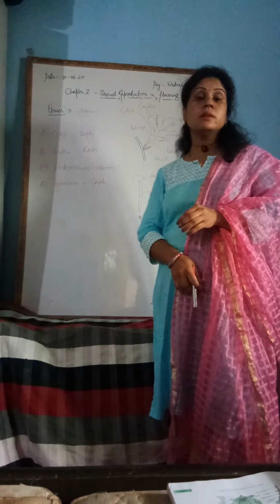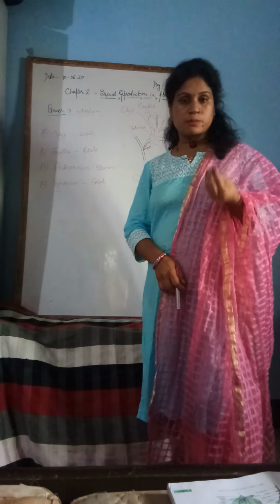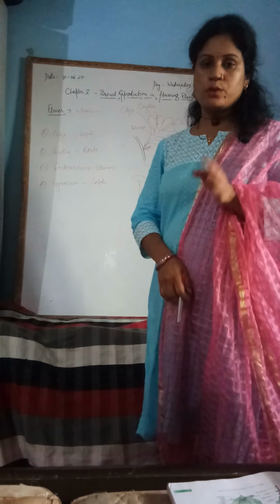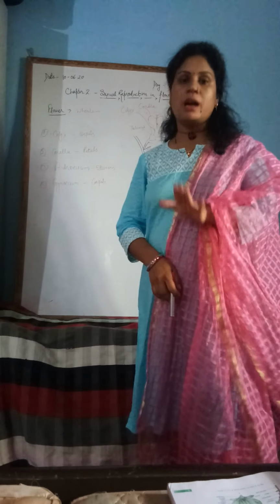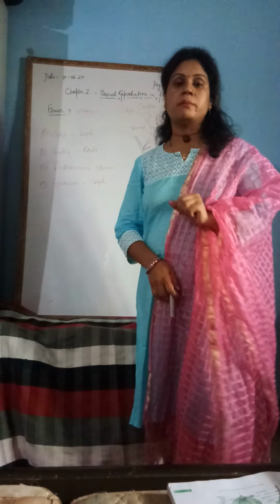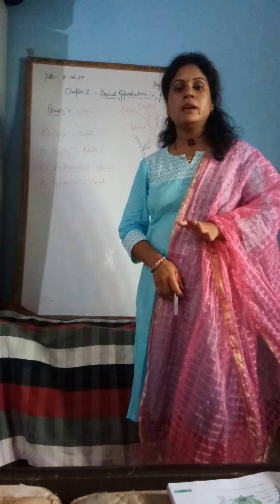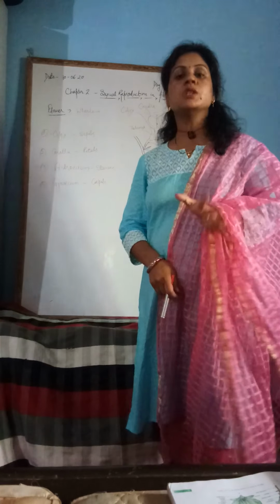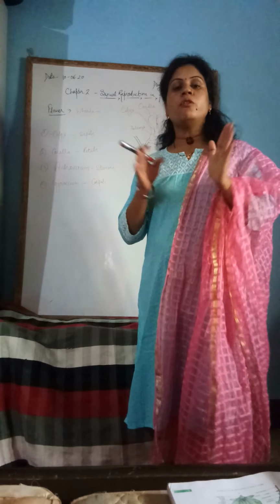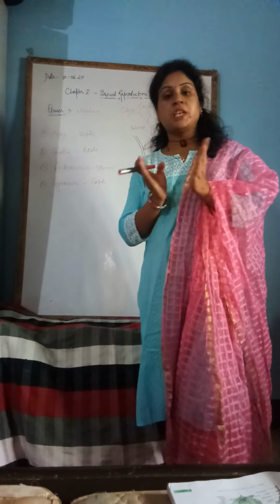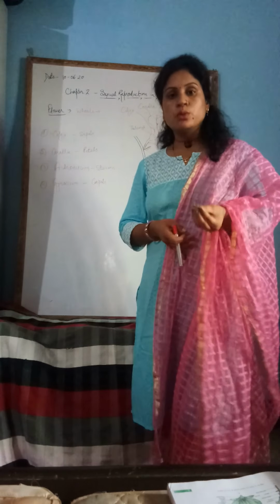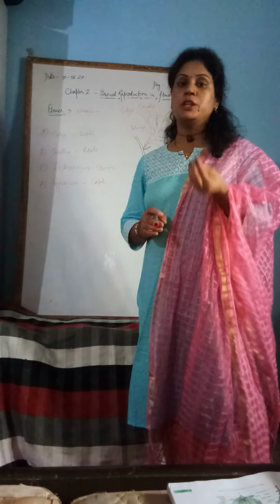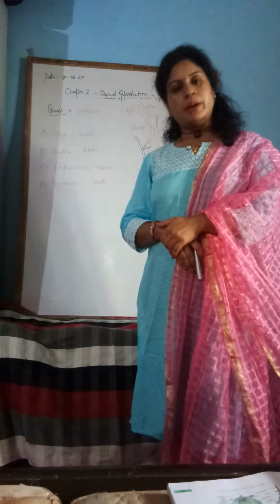In class 11th, we have studied about angiosperm and gymnosperm plants. You remember that? Gymnosperm plants do not have flowers, but in angiosperm plants there are flowers in this whole group. So flowering plants are kept in the group of angiosperms. Angiosperms have a specialty to grow flowers. So a flower is a highly modified shoot which is very essential for sexual reproduction.